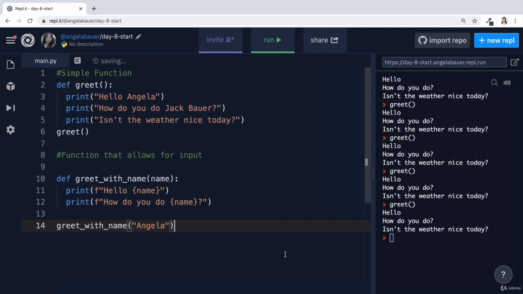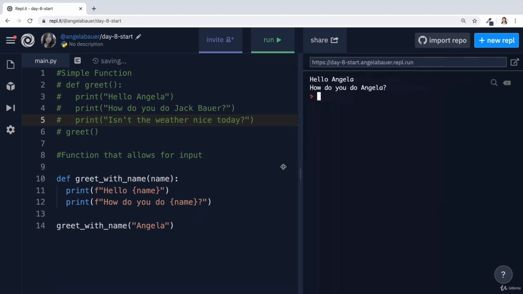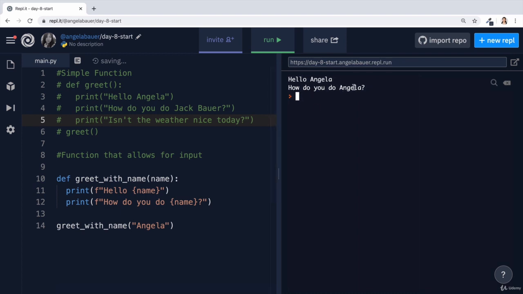And now when I hit run, I want you to predict what's going to happen, what's actually going to be printed. So let's go ahead and comment out the previous line of code and now run our code. And you should see that it says, hello, Angela, how do you do, Angela? So this piece of data has basically been inserted under this variable name, and then it's been put into both